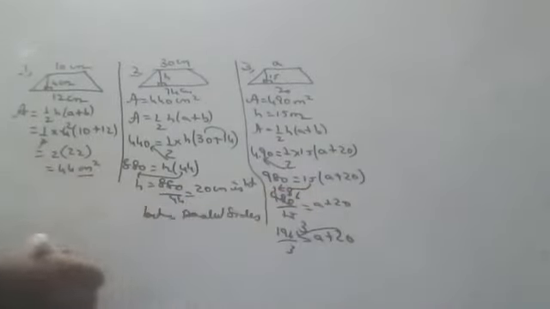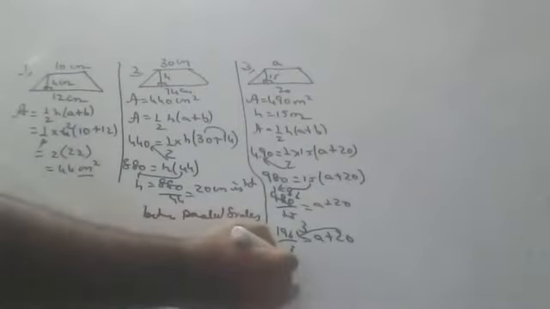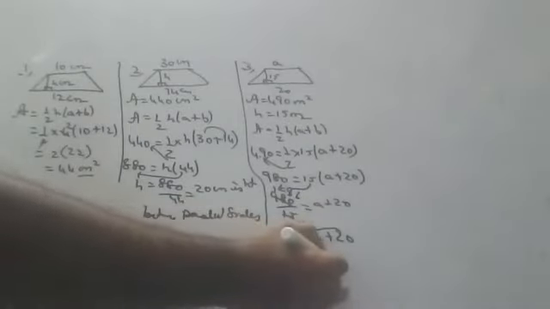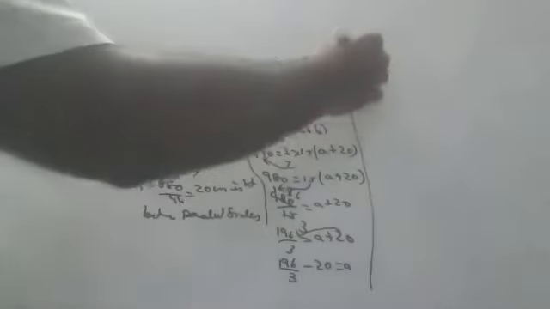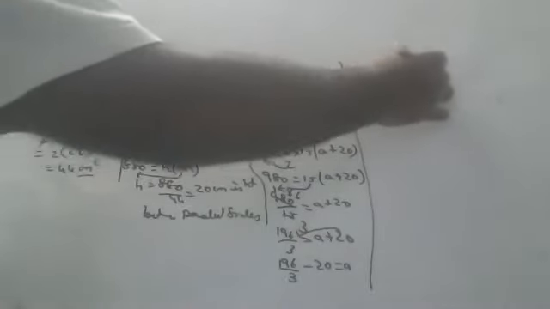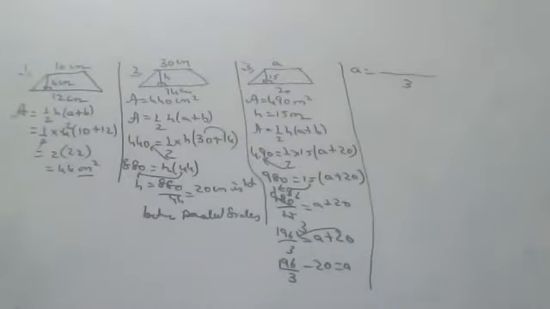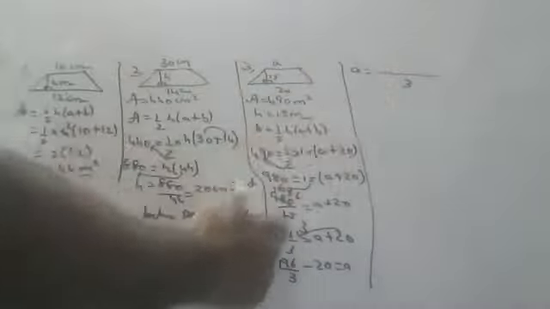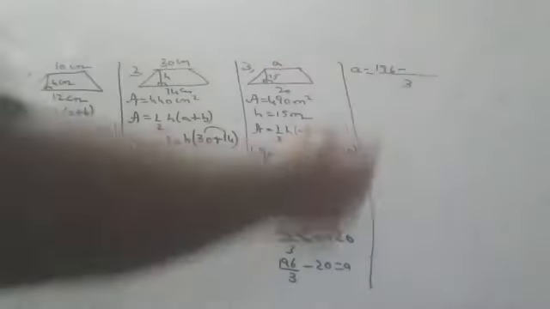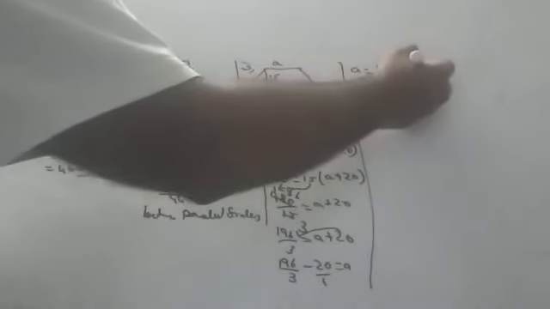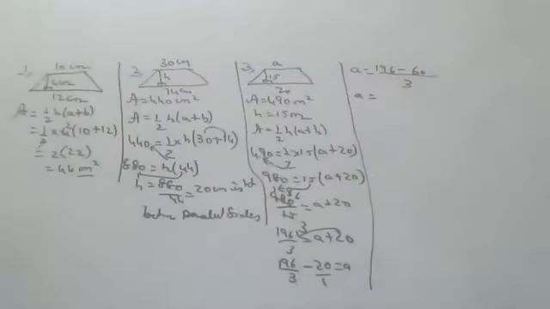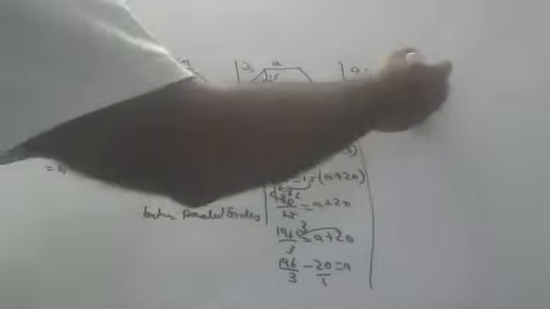Bring 20 here, children. 196 by 3 minus 20 is equal to A. All of you please see. A is equal to, 3 is the LCM. Okay, Nandika, mute your audio. Thank you. So, please see here, children. 3 1s are 3, 196 minus 1. 3 20s are 60. So, A is equal to 196 minus 60.